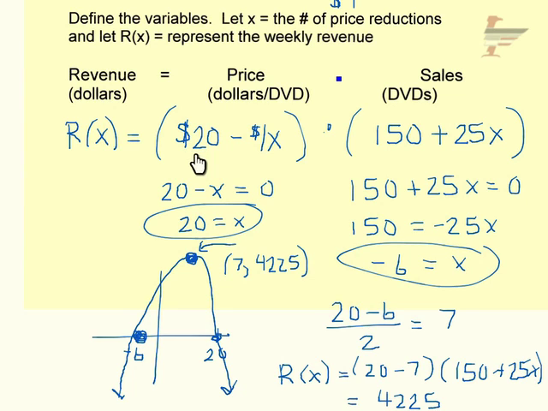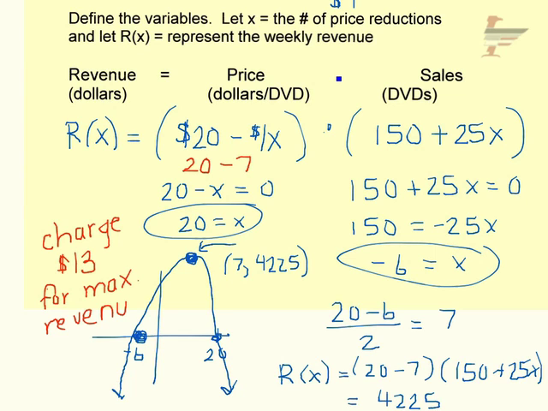So if I was originally charging $20, now I'm going to do 7 $1 price decreases, which means I'm going to be charging $13, because 20 minus 7 is 13. And that's going to give me, what is y or what is R, right? That's going to give me a maximum revenue of